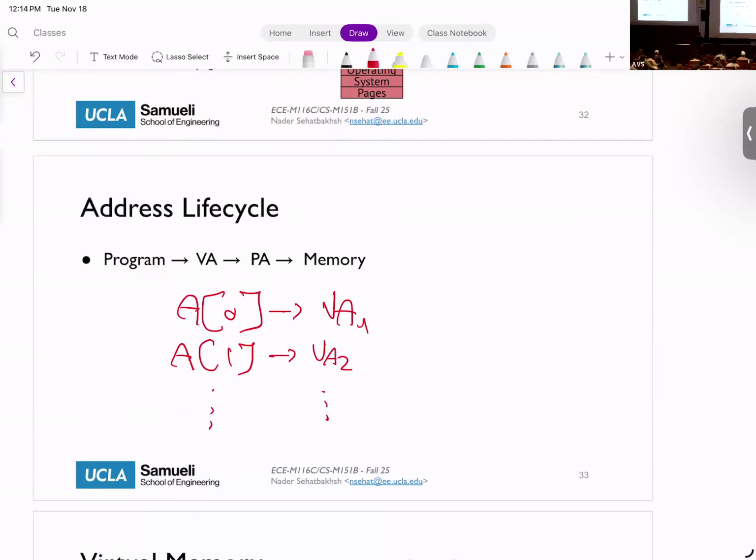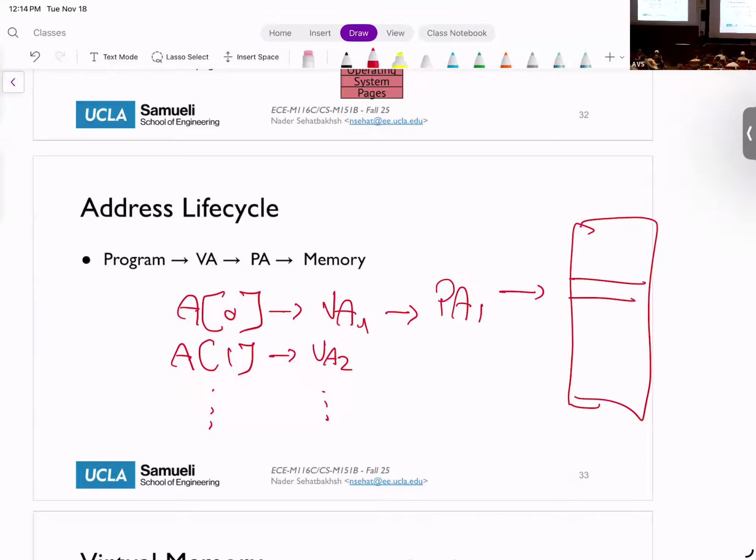These virtual addresses need to be translated into physical address 1, physical address 2. This is the actual address that we go and grab from the actual memory, so this will be an actual line in the memory. We bring that data back all the way to the program. That will be the data that we read from A1.